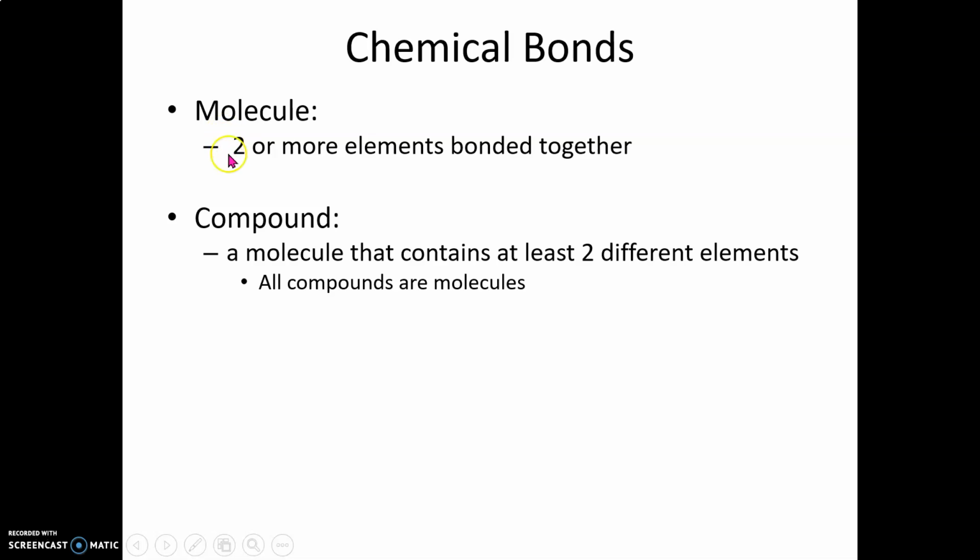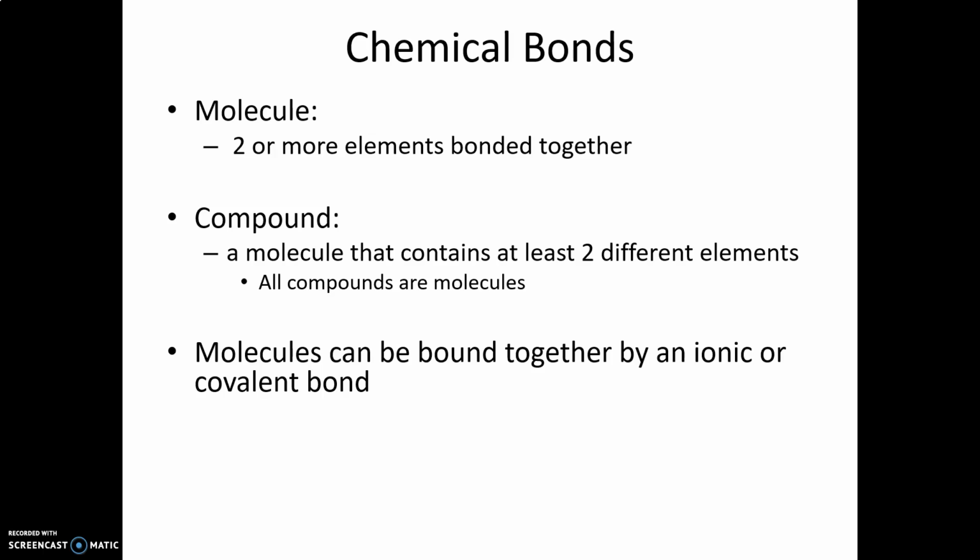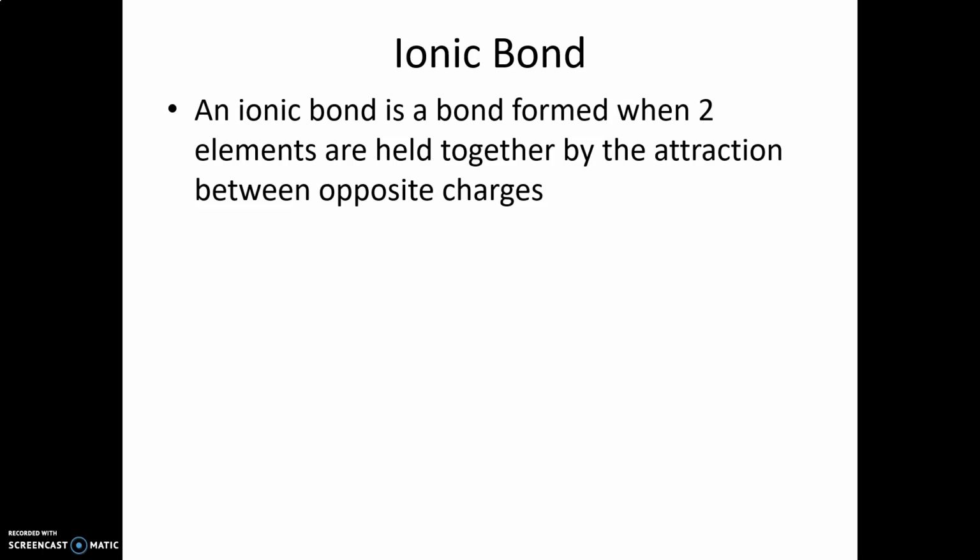So if a molecule is two or more elements and it doesn't matter the composition, then we know that all compounds are molecules. But how we differentiate one from another is that a compound has to have at least two different elements. So H2O has hydrogen and oxygen, it's a compound. We might say a molecule of water, but we also know it's a compound. And now we can put those molecules and compounds together with ionic or covalent bonds, and that should sound familiar. Those ionic bonds are the ones that we form by losing or gaining an electron.